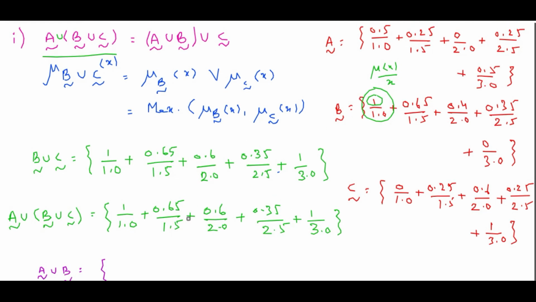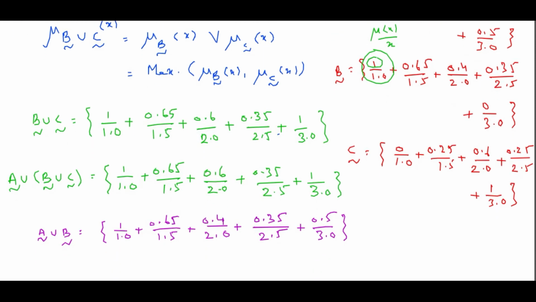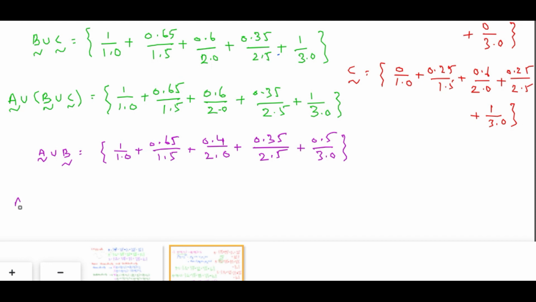Yes, so maximum of 1 and 0.5 is 1, so it will be 1 by 1.0 plus, next maximum of 0.25 and 0.65 is 0.65, by 1.5 plus 0 and 0.4, it's 0.4 plus, and 0.25 and 0.35, it's 0.35 plus 0 and 0.5, it's 0.5. Yeah, so I can conclude that this is A union B. Now what I need to do, I need to make it A union B